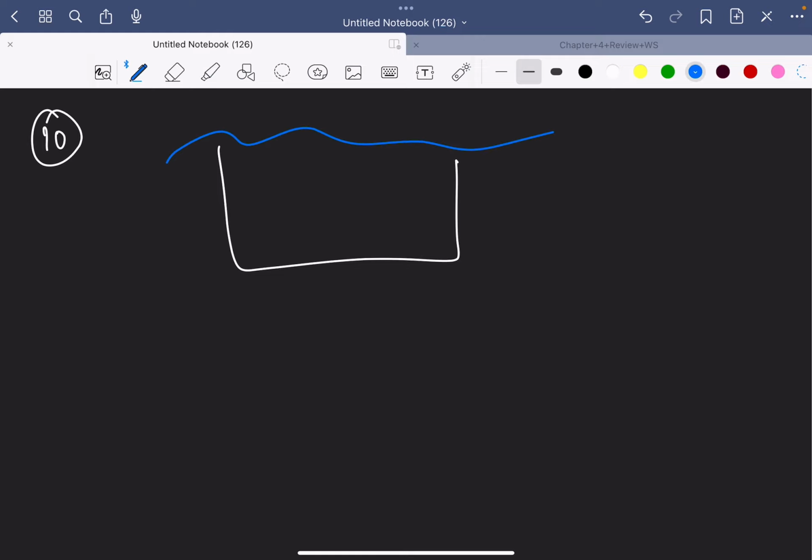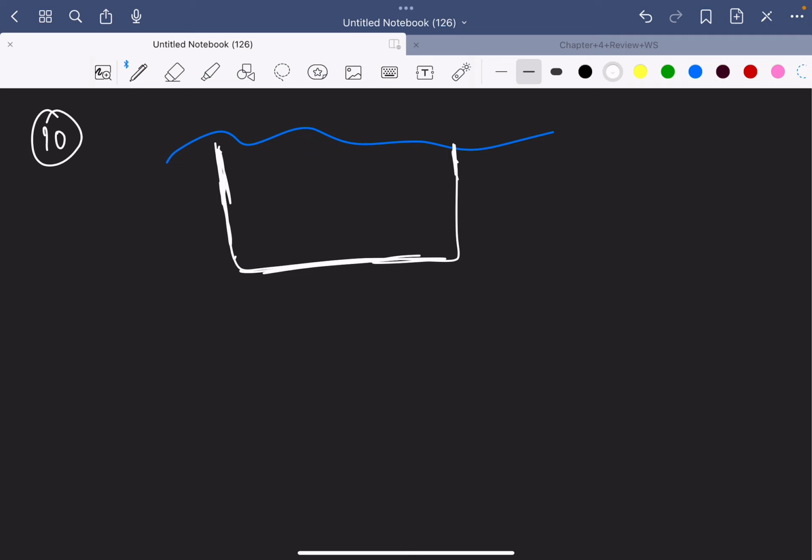Okay, number 10, let's get this thing done. A dairy farmer plans to enclose a rectangular pasture adjacent to a river, right? So there's a rectangular pasture. These sides are the same length. Adjacent to a river, the pasture contains an area